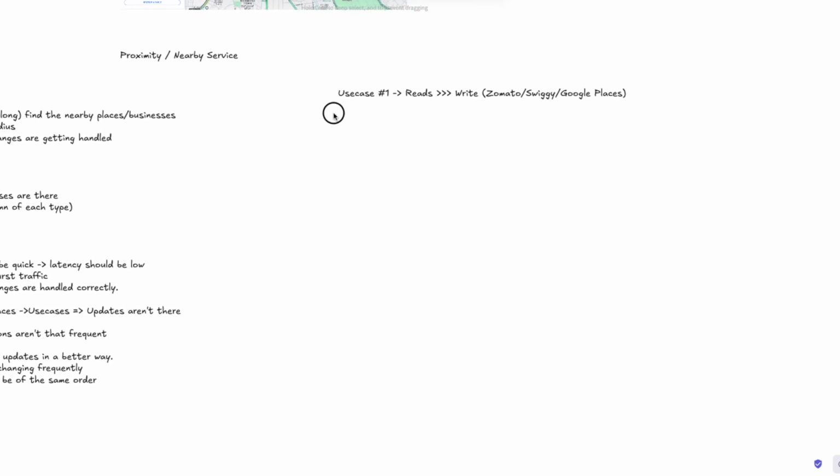We'll first start with the one problem, which is, let me just write down here, use case one, where the reads are much higher than writes, like Zomato, Swiggy, Google Places. This kind of use case we'll go about first. Here in this use case, the first thing is what is the core entity that you have. So core entity would be your restaurant,